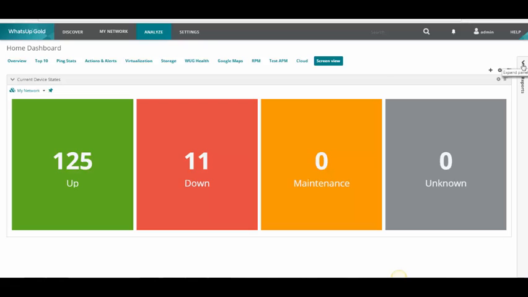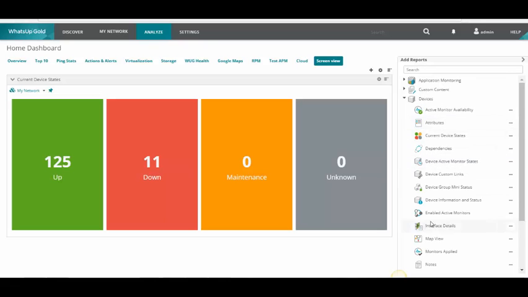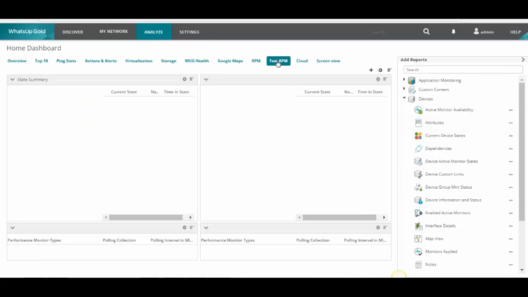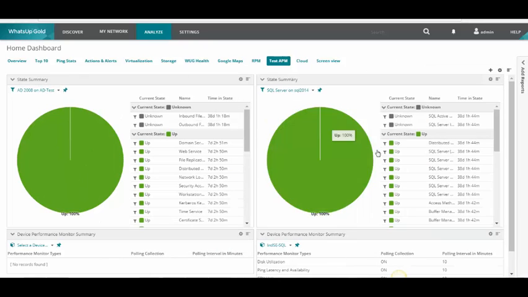In any case, in WhatsUp Gold, all of the information that you're capturing about the devices is saved in these reports. So any of the information can be captured and displayed in any of the dashboard views that make sense to you. Here is my application monitoring dashboard, and I'm looking at a couple of applications. I'm looking at Active Directory and SQL, and I can quickly see at a glance what's going on with my applications. Any of the dashboard views, as I mentioned, can be exported to text, PDF, or Excel.